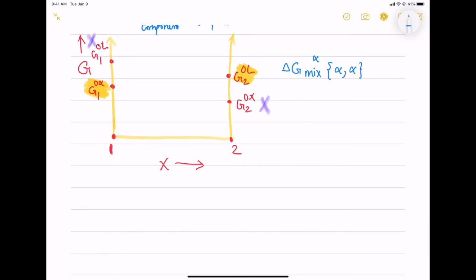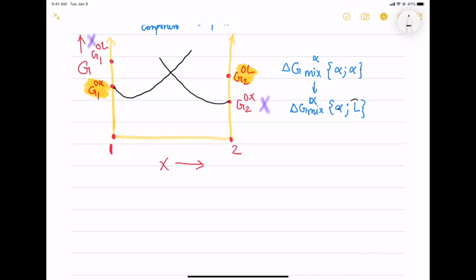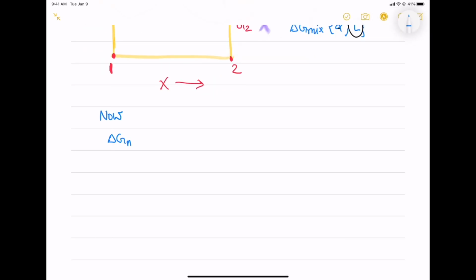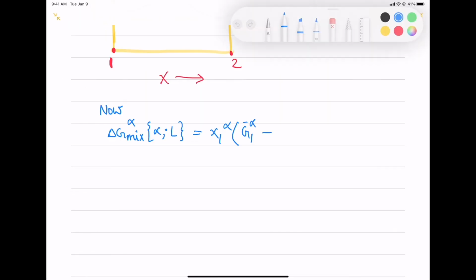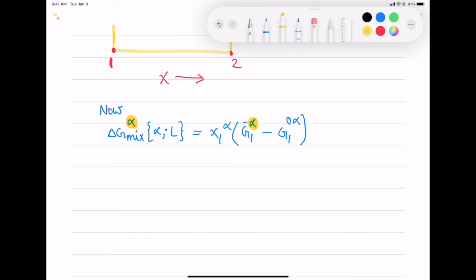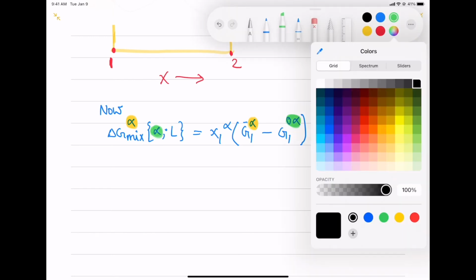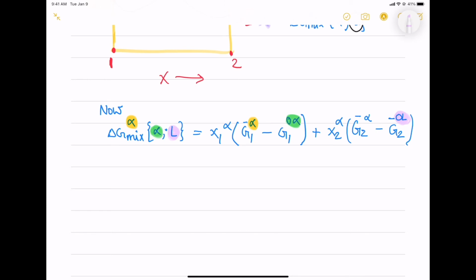Now let's say we have delta G mix alpha alpha converting into delta G mix alpha at alpha liquid reference state. It means they start at these 2 points. So it moves for the second component from alpha to liquid. That is the meaning. So now let's take this and expand it. So that is alpha as you know. And for the first component, the alpha is the reference state. And for the second component, liquid is the reference state. So they are marked in violet.